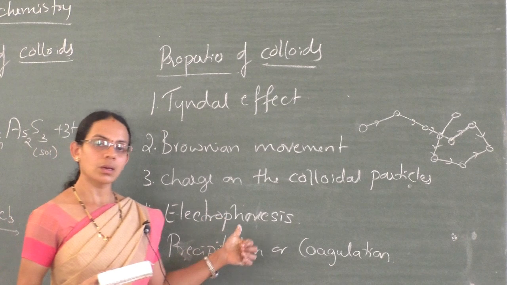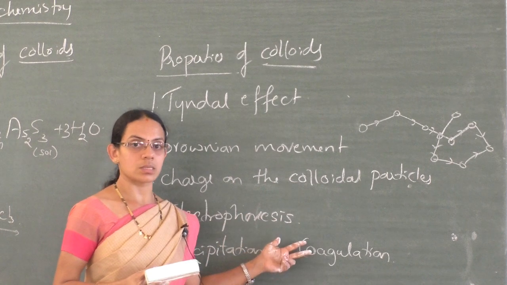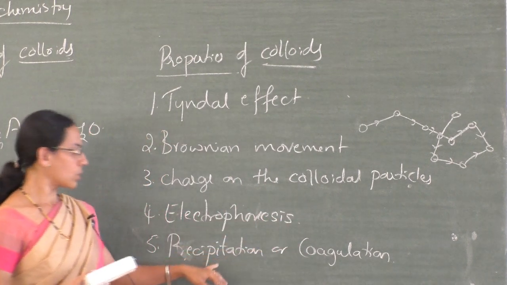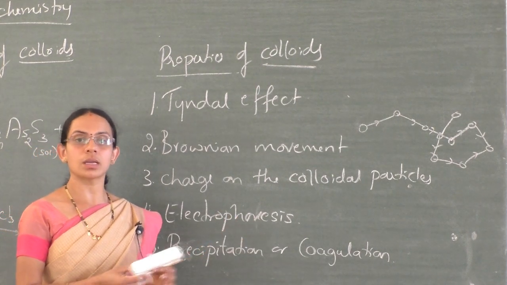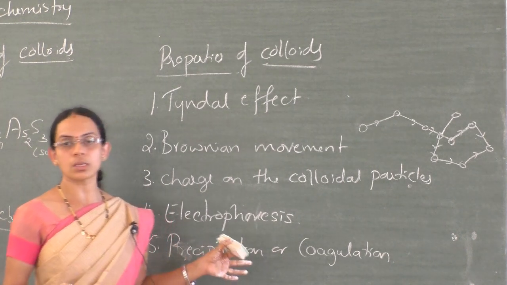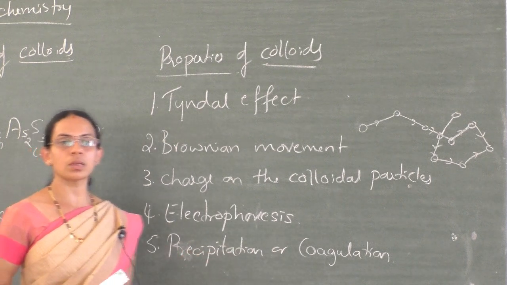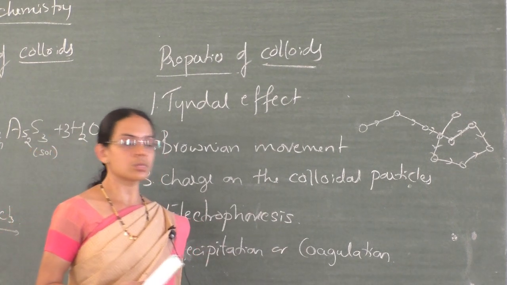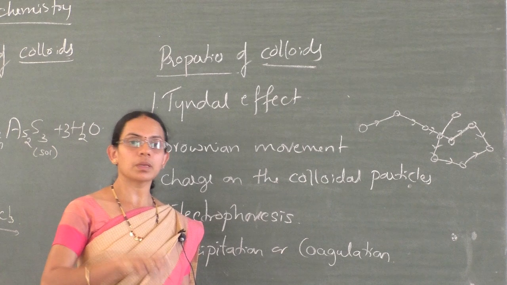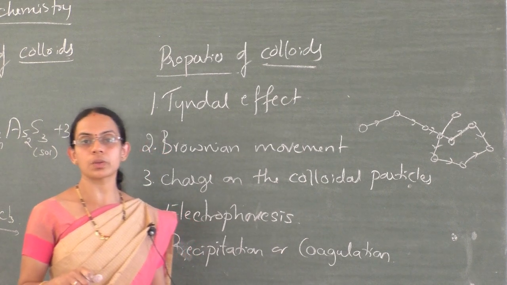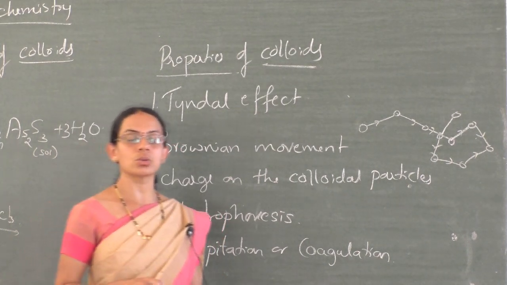Precipitation either by boiling, or by electrophoresis, or by prolonged dialysis. And importantly, we can also cause the coagulation by mixing two oppositely charged sols, positive charge and negative charge. If you mix the two, there is a neutralization of charges and that leads to the coagulation of colloidal sol. And one of the most important types of coagulation is by adding excess of electrolyte. On adding excess of electrolyte, the precipitate adsorbs one of the ions present in the electrolyte, the counter ion, and that leads to coagulation.